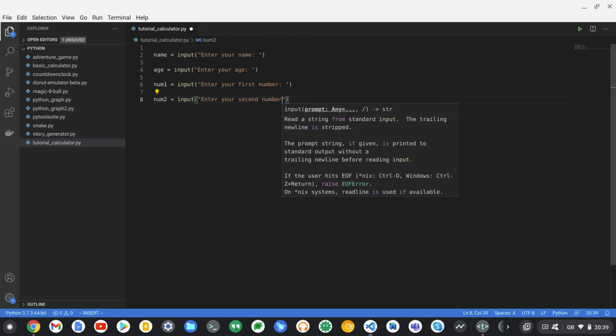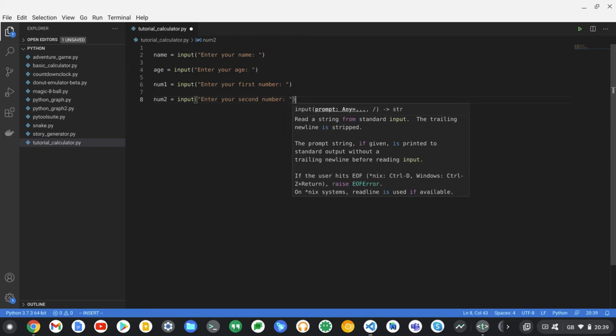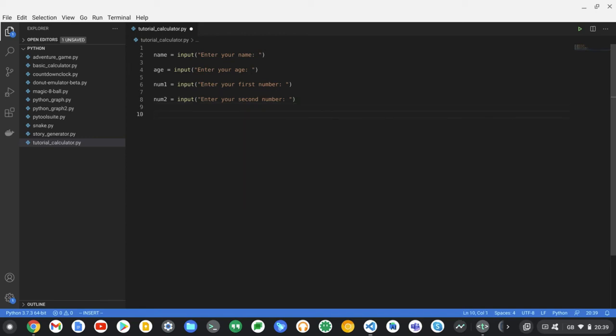Now, when you've got both of those, that means that you have got the basic variables that we'll need and we'll call later on in this code, which will be around about now. So we need a result for this, don't we? Like, who has a calculator without a result? That's just rubbish. Nobody in the world would want this calculator, so we need to give it a result. What should we do? We make this variable, so result is equal to